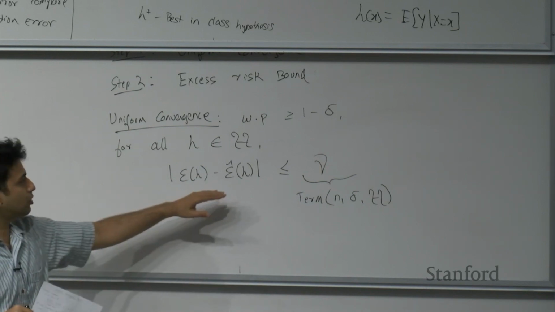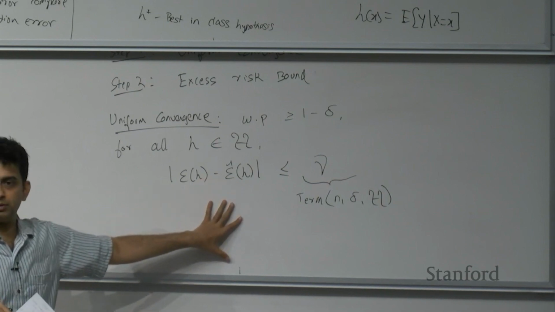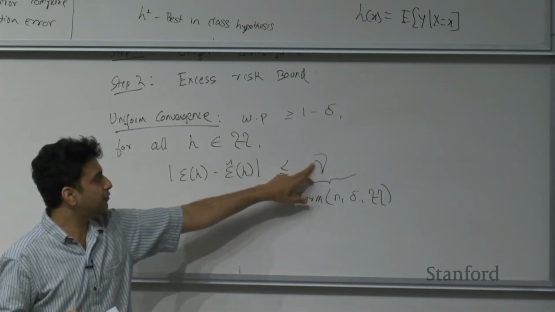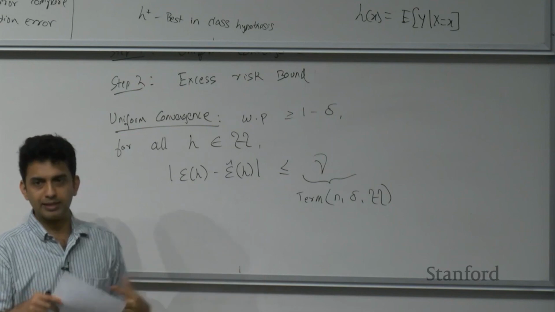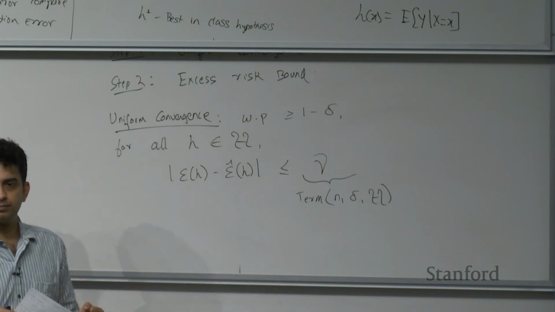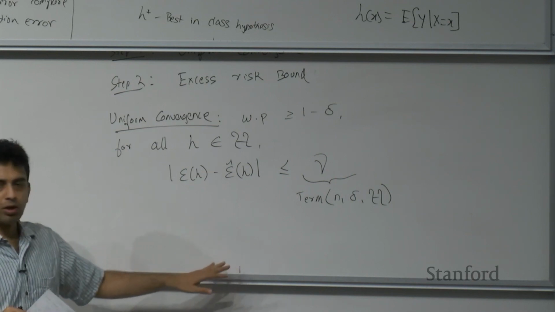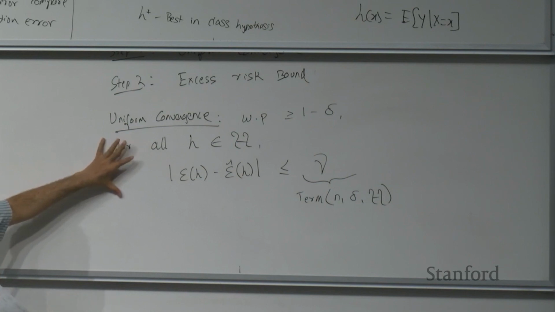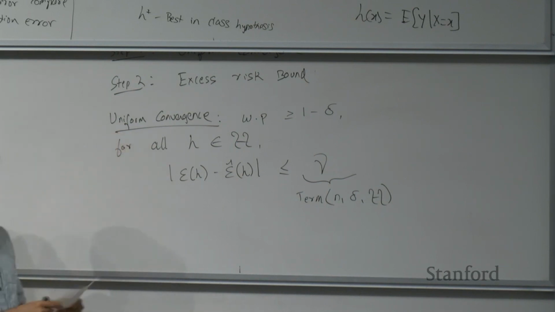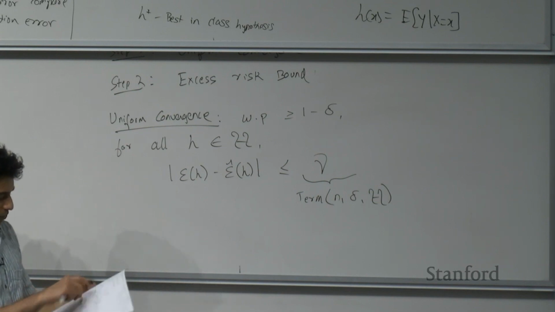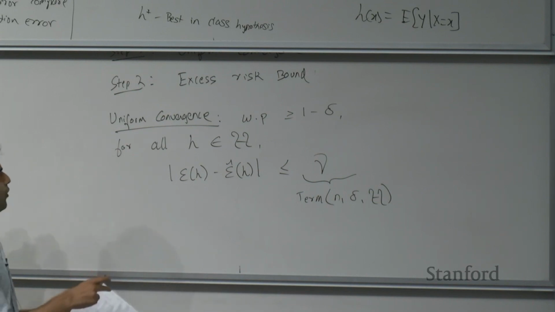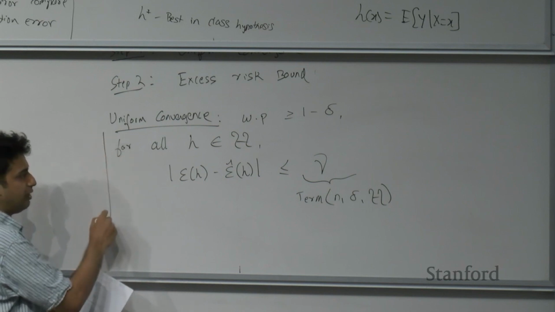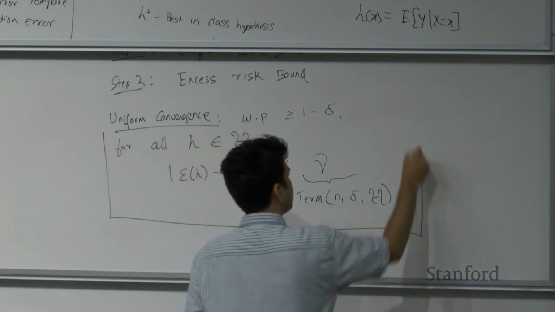Yes, this is going to be a template for a theorem that you can derive different values of gamma for different model classes. But we don't know if it's going to be uniform for every different kind of hypothesis or not. Is it always going to be the case? It will be uniform, and we're going to go into more detail. I'm just giving you a flavor of the way the statements will look, and we will see a few more details shortly. So this uniform convergence result will always follow this flavor, where you're trying to